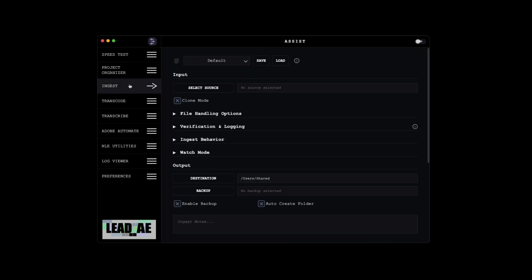Welcome to the Ingest panel. The goal is to copy media from a source to a destination, optionally to a second backup destination, while controlling what gets copied, how it's verified, and how fast it runs. Before we run a sample job, I'm going to walk through every option so the layout makes sense the first